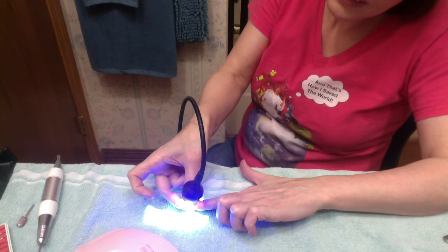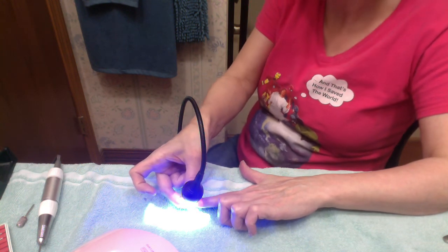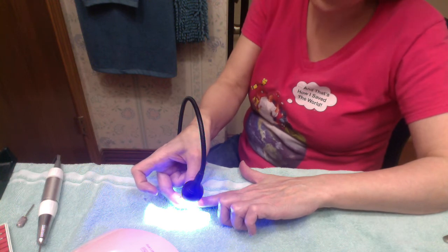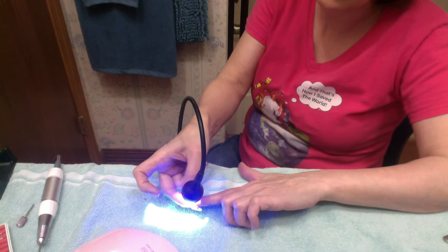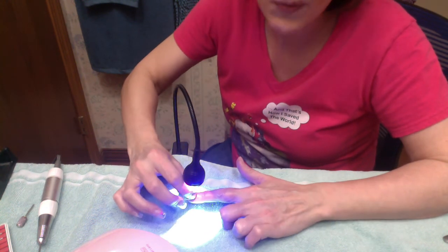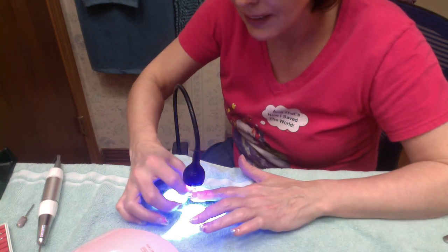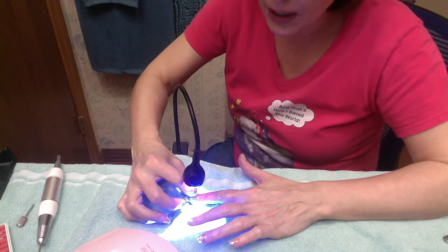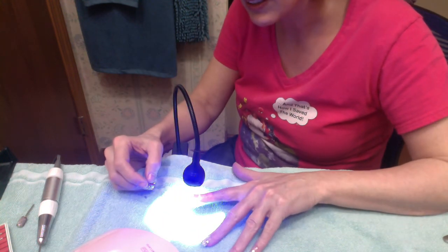I think what it is, I kind of lifted up a little bit to try to position it, and then anyway, you don't have this going with polygel. I suspect next week I'm going to go back to polygel, and I'm going to tell you guys, polygel's better. But we wanted to use the complete kit on ourselves. You know, doing it on yourself is different than doing it on someone else. So let's...